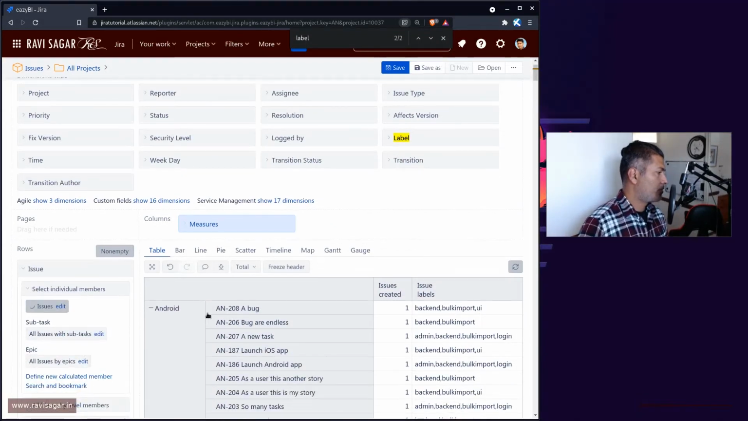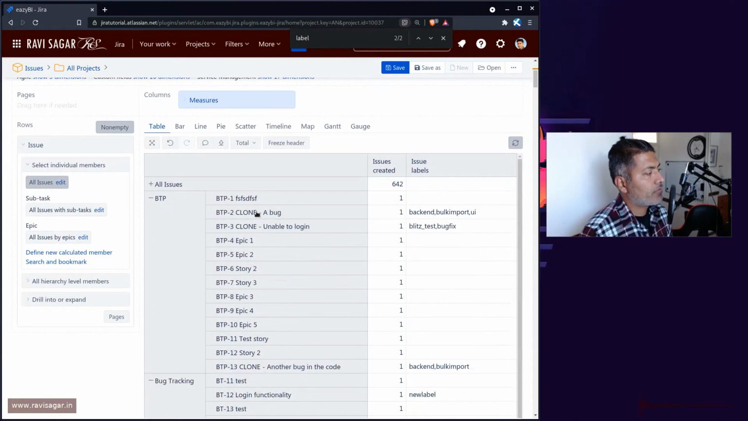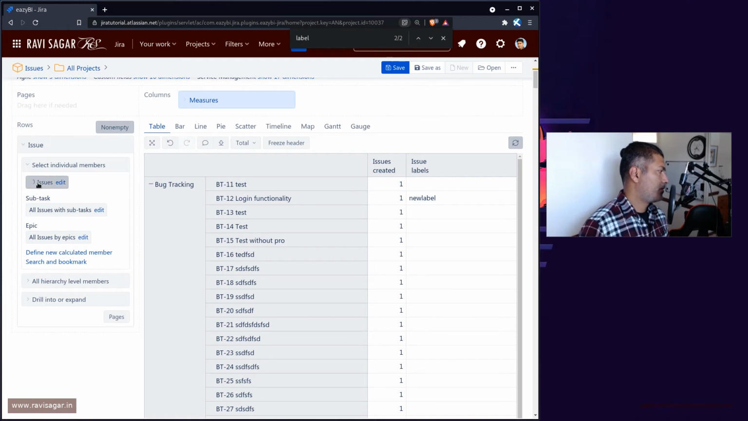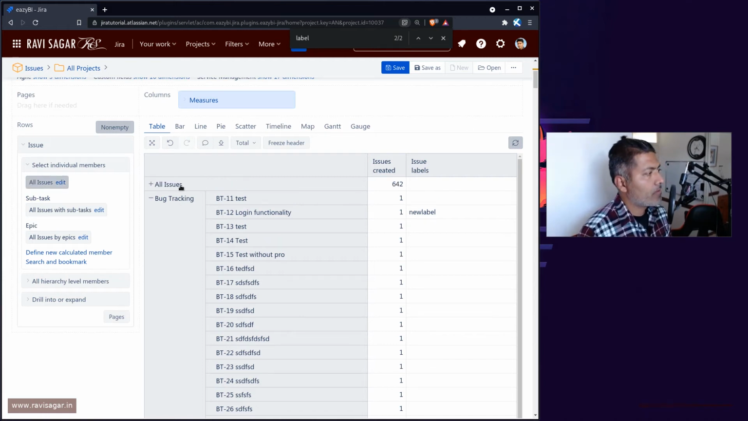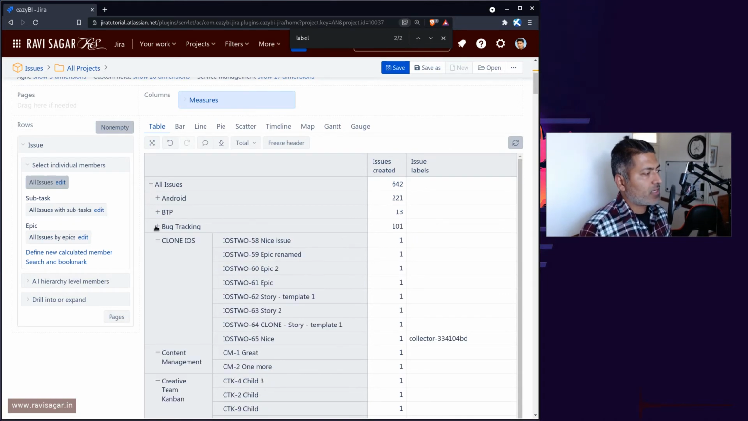If I click on all issues, and if I maybe get rid of all the projects. Okay, let me just do it again. All issues, and if you expand this, so basically what I was trying to show you is that when you're working on any report, you can of course create a report with the labels displayed like this on your table,